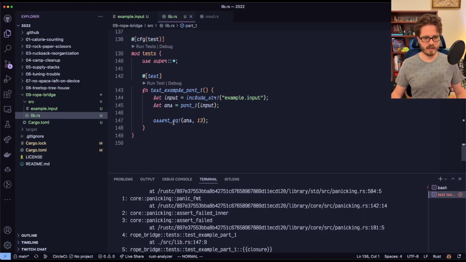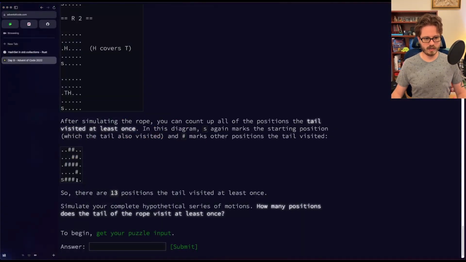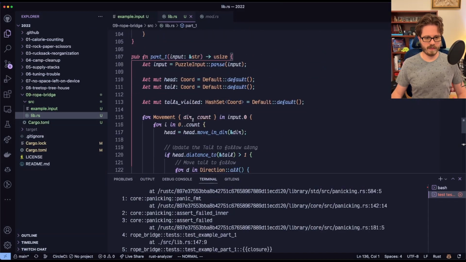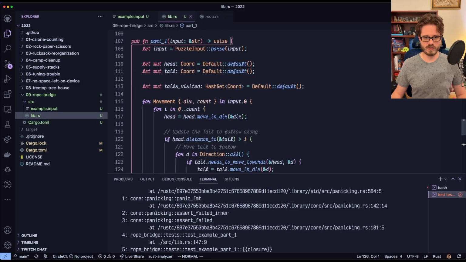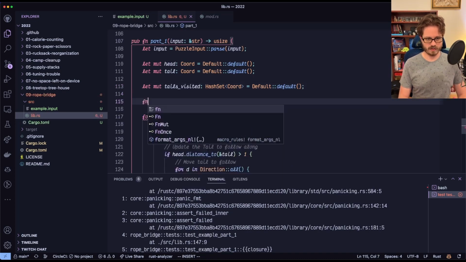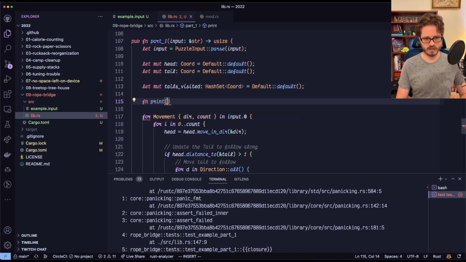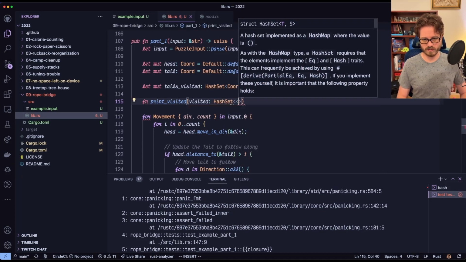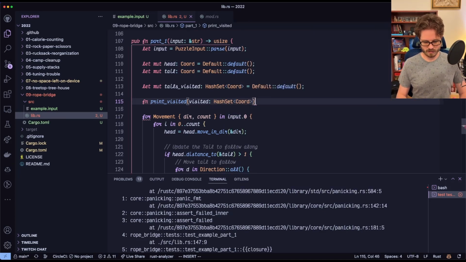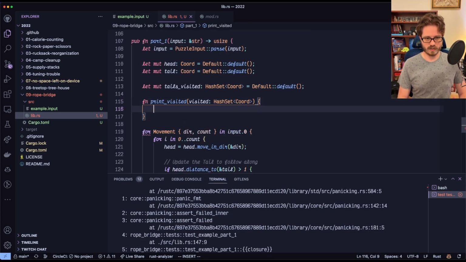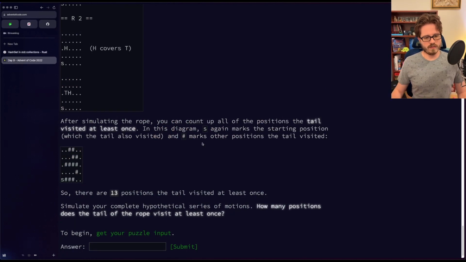Where would I want that to be on? What could I... not much actually. I have my cache set, but that doesn't have a function print visited that takes in visited, a hash set of coordinates. It doesn't do anything. Okay, so first I want to print out, so I need to loop